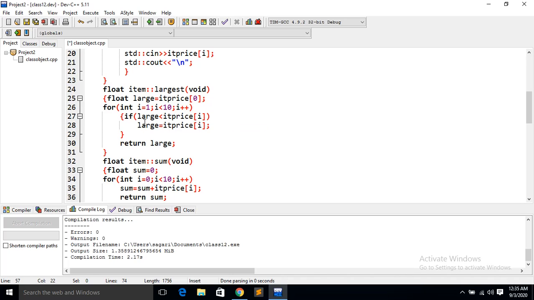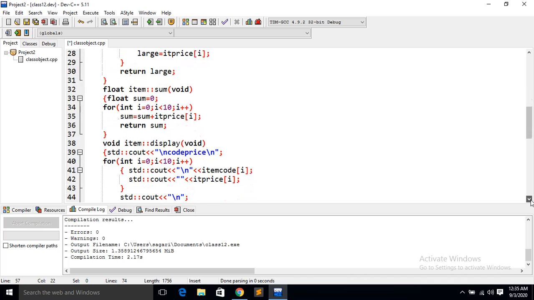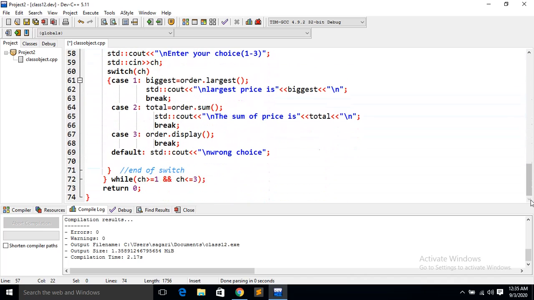Whatever the user enters, say 10 values, it finds which is the largest value and stores it in large. That calculation or value, it will display in the main one. That means biggest equal to order dot largest. From this function the value will come here and it will be stored in biggest. So the largest value it will store here.